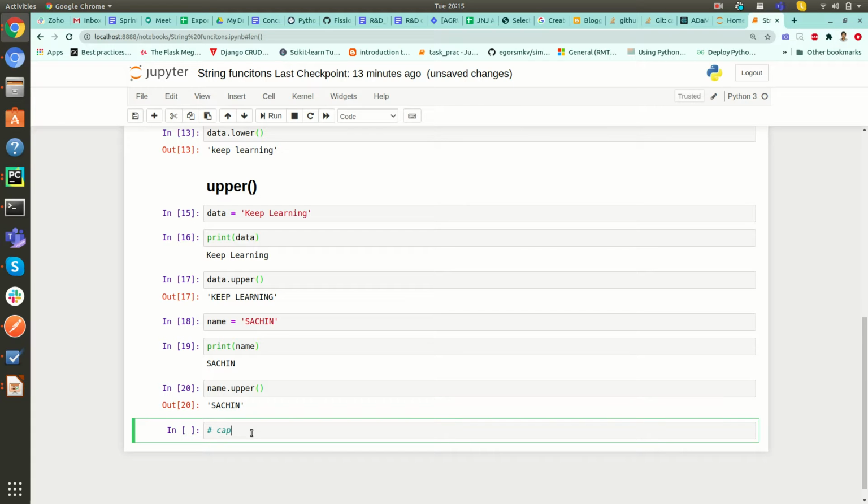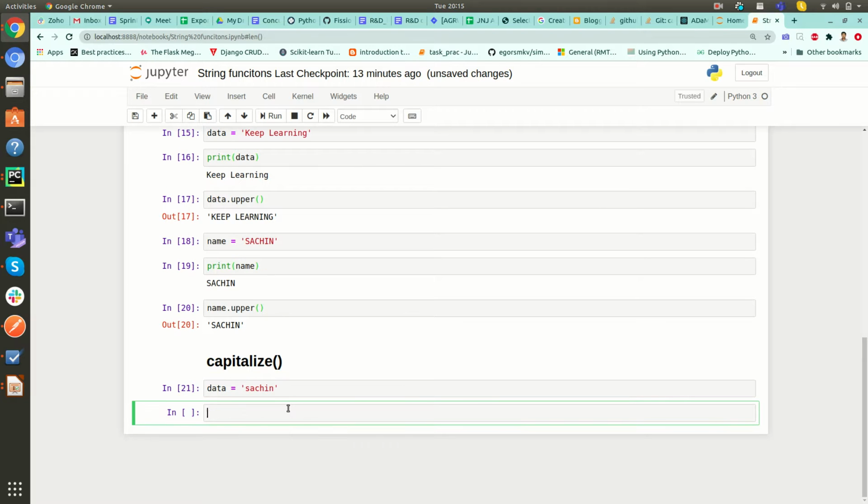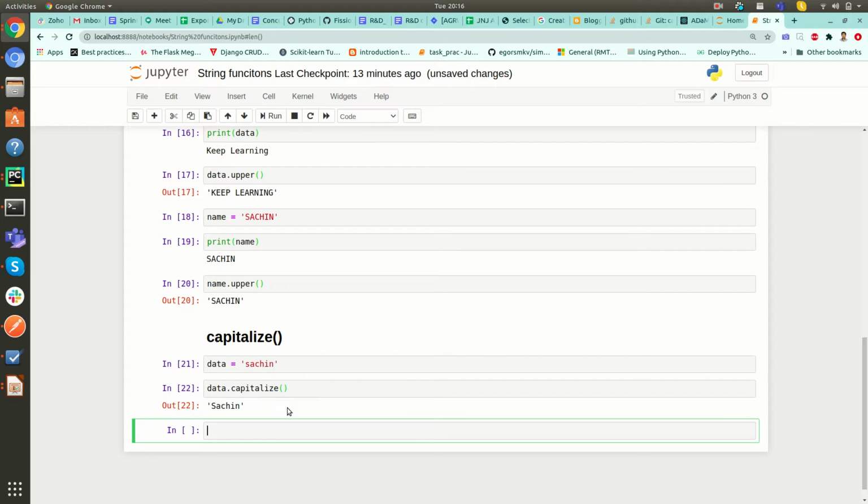Capitalize. The data I am giving here is Sachin in small case, and I am printing it. When I apply capitalize on it, the output shows the S will be capital.